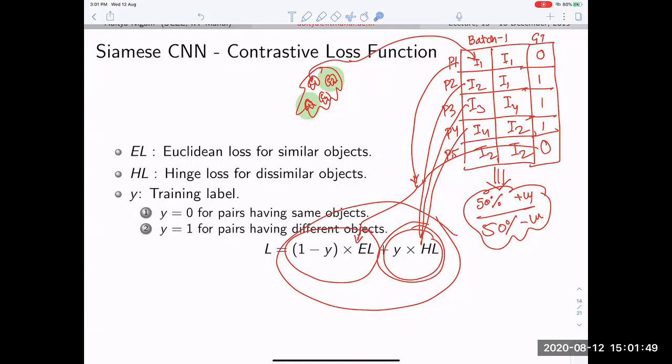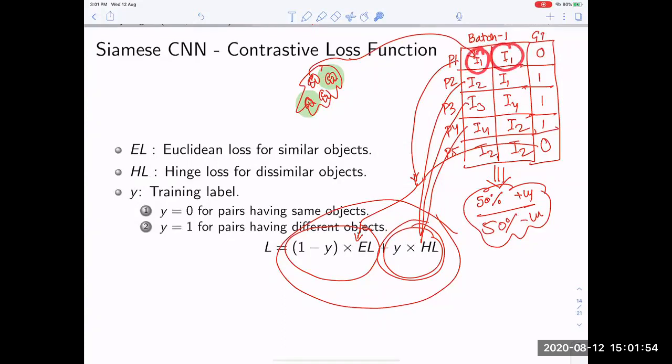Your network has to learn an embedding. When you show this pair, the network has to learn an embedding for this as well as for this, and this embedding has to be close, and this embedding has to be far. Once you are seeing this image and you train your network, when you are seeing this, do you have any idea what was being shown previously to my network? Is it possible?